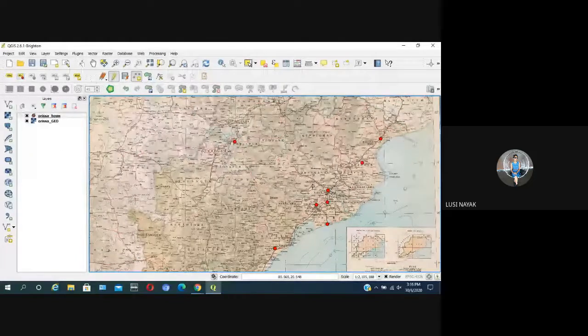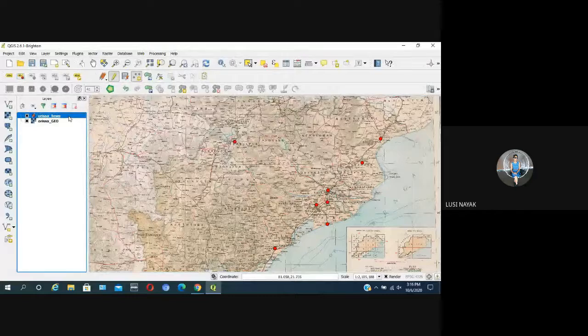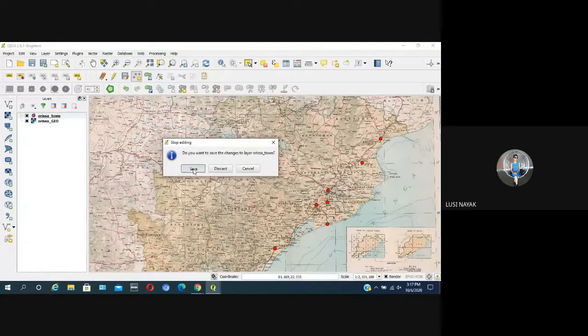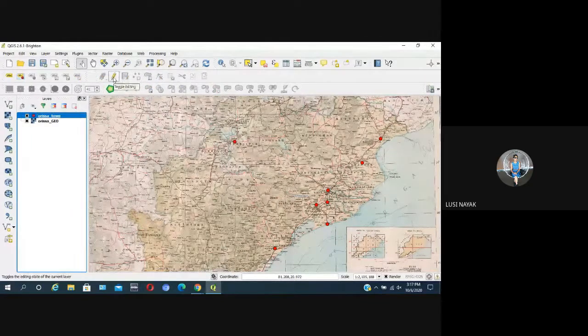Select your Odisha town vector layer. Then go to your toggle editing. Then select your toggle editing button. Activate your vector layer.